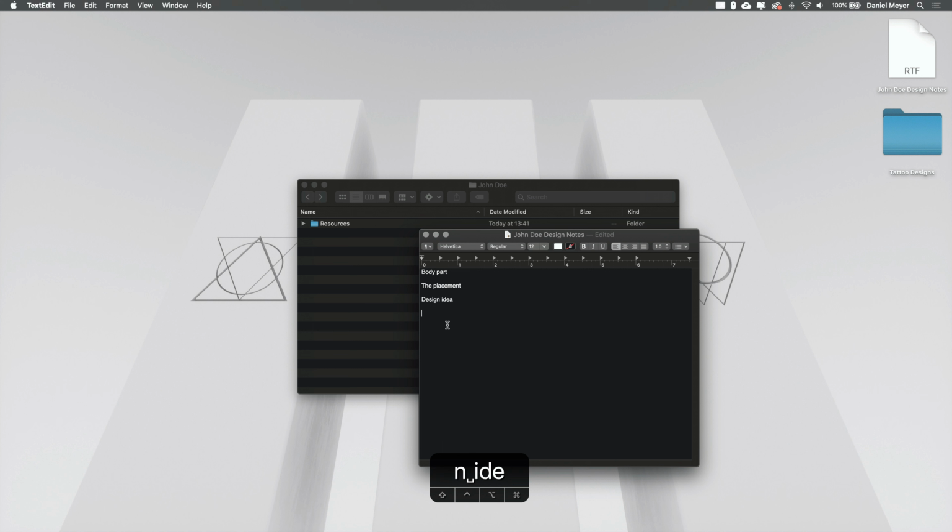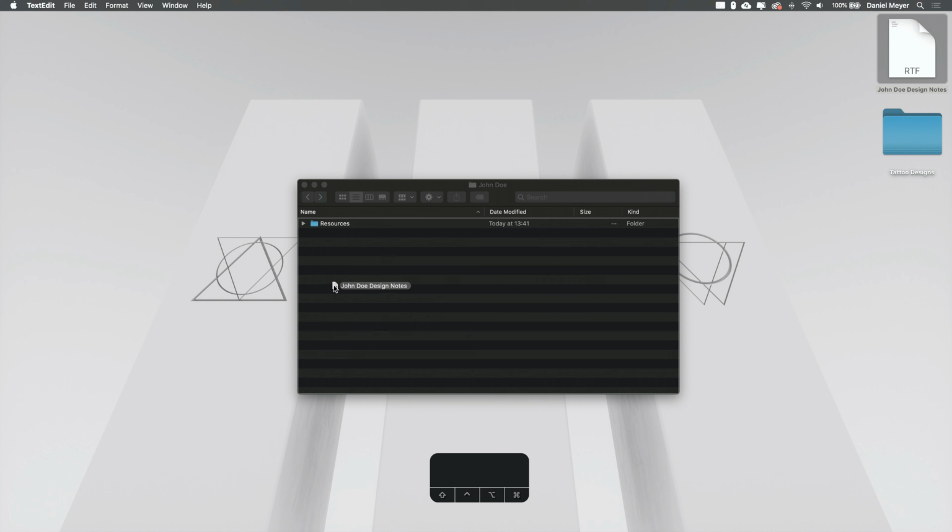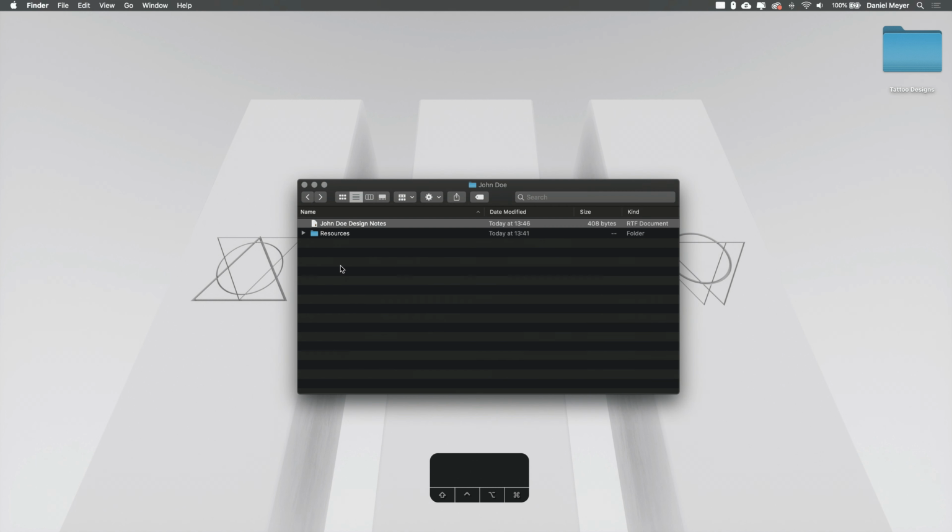Let's say, for example, you had already a briefing with your client and you know already the design elements. Or you just create a note and you make a couple of important notes for the design, which you can access later whenever you're ready to tattoo the design. Let's save this by Command S. Put it into the folder structure.